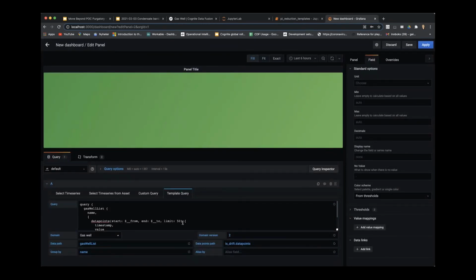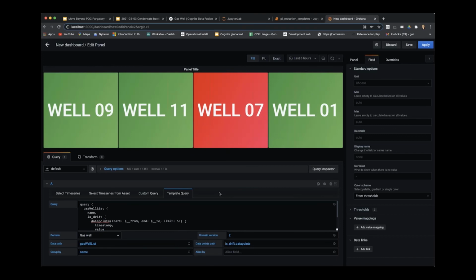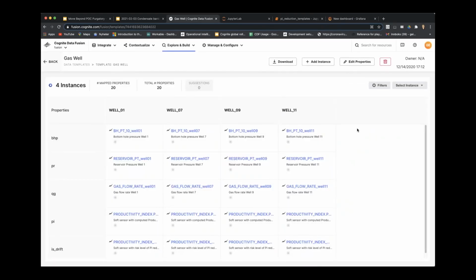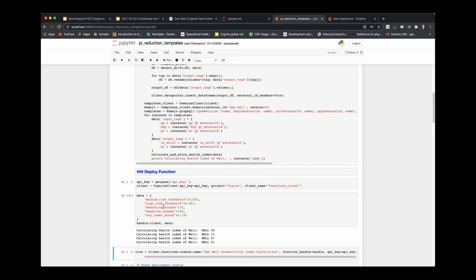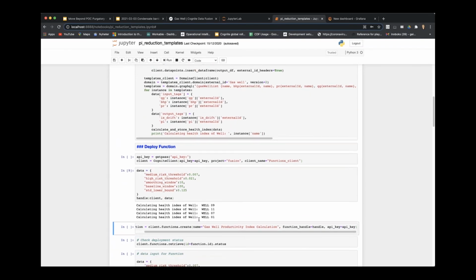So here's a Grafana. It's a very standard, very popular tool for making dashboards. So here I'll take this drift indicator that my script just calculated for all of these wells, and voila, now it's doing this for all of my wells. If I need to add another well, I do this here, and it will update in all my scripts, in all my dashboards, etc. Of course, now I ran this calculation once here, but I want it to run continuously.